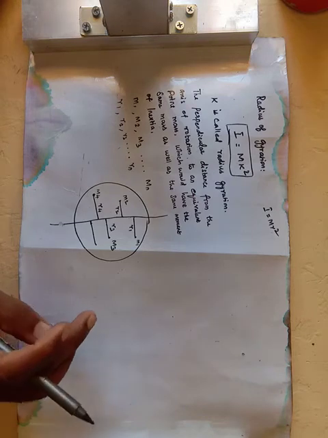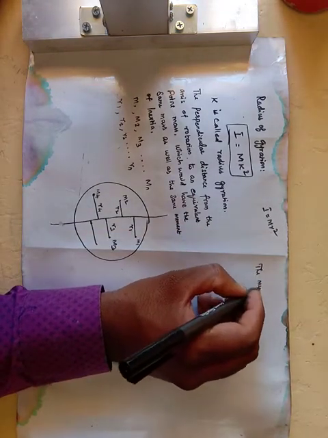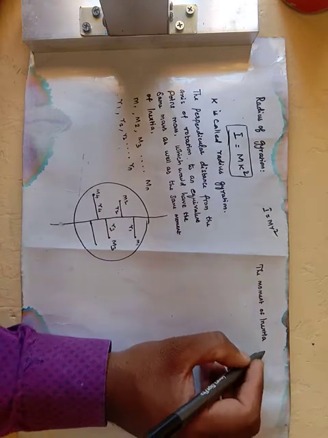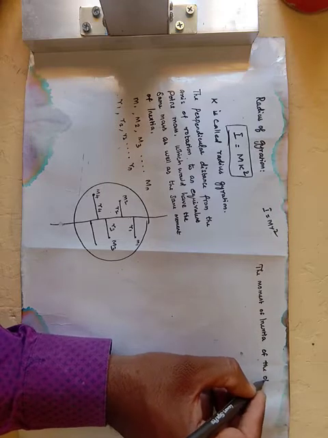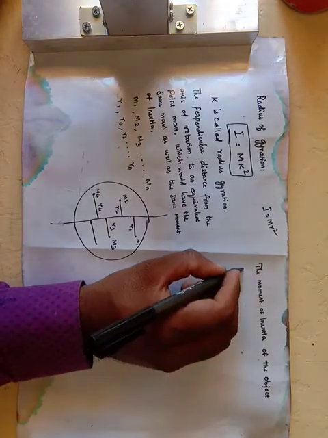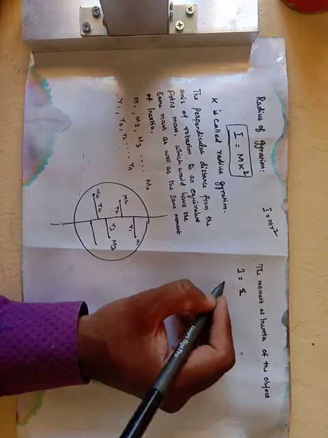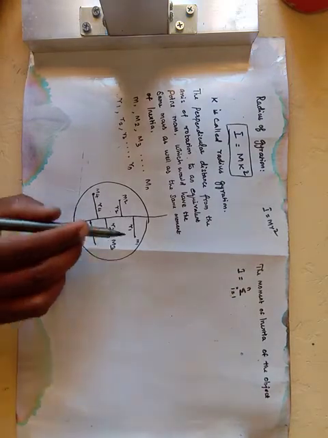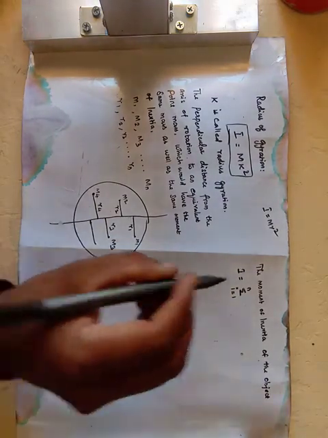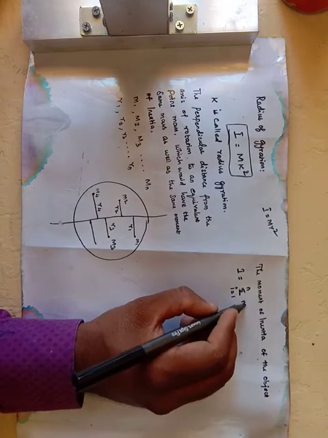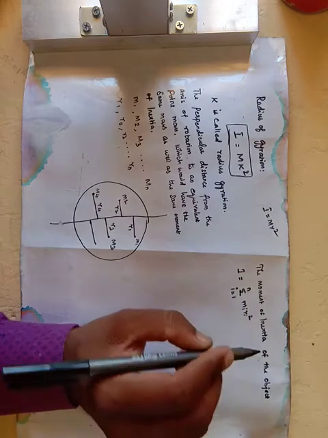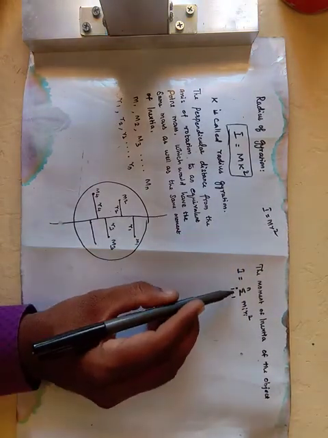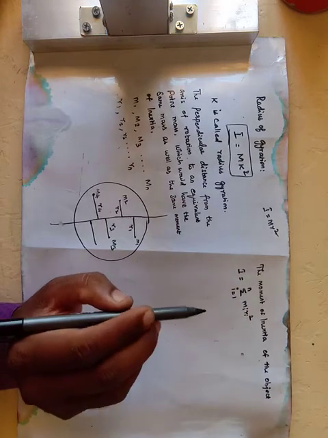Okay, students. So the moment of inertia of the object can be written using the formula I = summation from i = 1 to n of mi ri². You know the formula, the product of mass and the square of the distance. Generally, we can write I = Σ (i = 1 to n) mi ri².